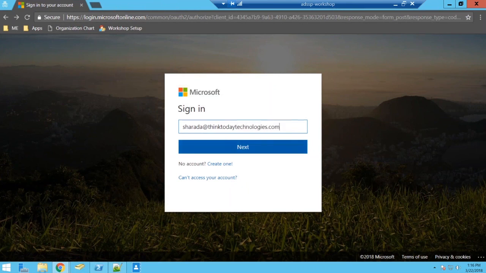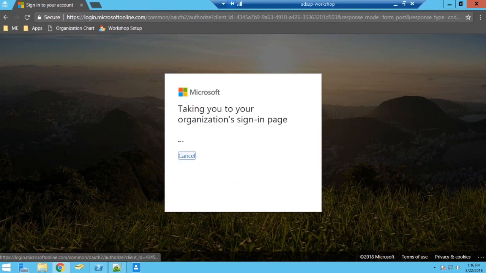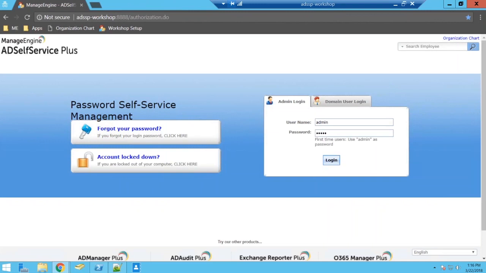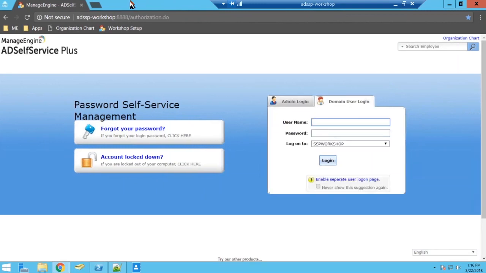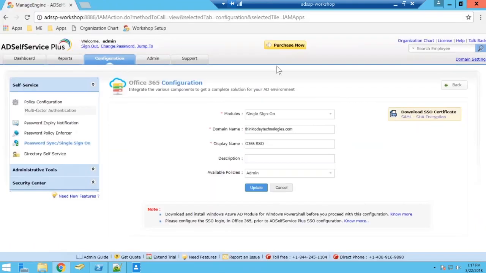Sharda at thinktodaytechnologies.com, clicking on next. So yes, I have been redirected to the ADSelfService Plus page, which means that the login or the issuer URL has been updated. So it's going to take a couple more minutes to confirm or give us single